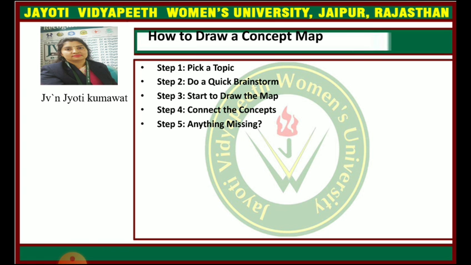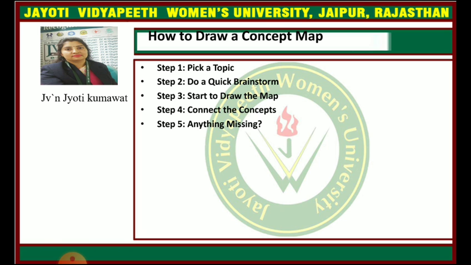Now, how to draw a concept map? To draw a concept map, we follow some steps. First step, pick a topic and identify the topic we need to study with our concept map. This could be an idea, a question or an issue. In the second step, do a quick brainstorm. For this, we note the facts, ideas, concepts, themes, queries, etc. that come to our mind when we think about this topic. Note this down as we brainstorm around the topic we have selected. Remember to keep these as concise as possible.